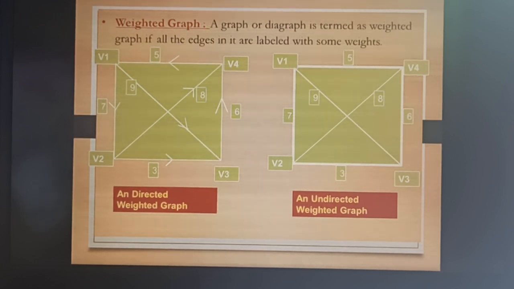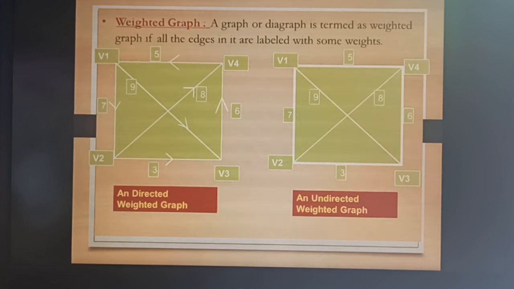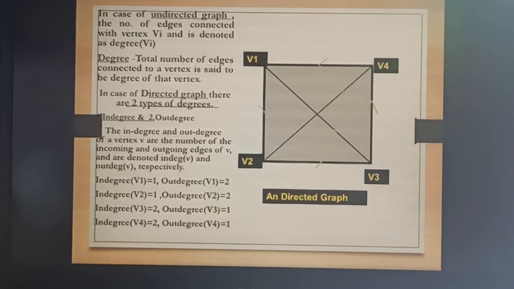So this is all we learned today: what is a vertex, what is a graph, the definition of a graph, what are adjacent vertices, directed graph, undirected graph, various types of edges, and weighted graph. In my next class we will see degree, out degree and in degree. In my next lecture I will help you understand the degree and other terminologies of the graph. Okay, thank you students.